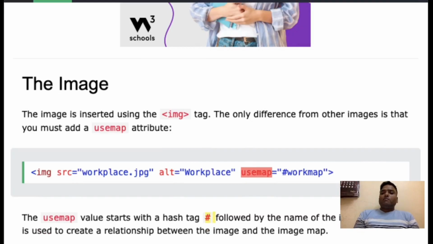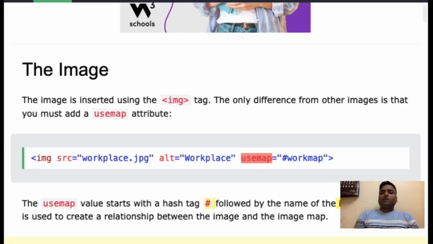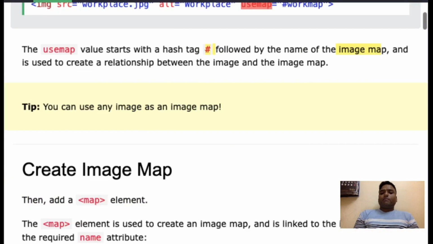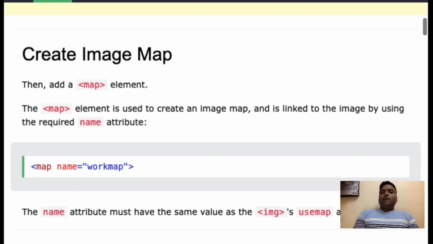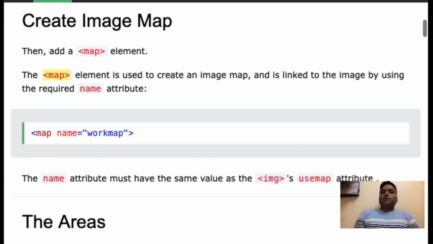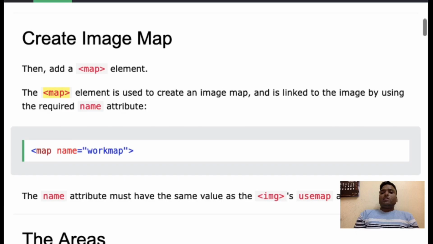Its value will always start with a hash followed by the name of the image map, which is used to create the relation between the image and the image map. Then we will add a map element, which is used to create an image map and is linked to the image by name.